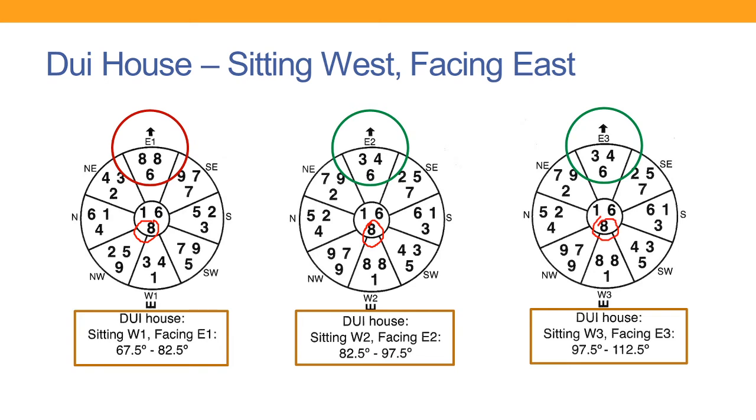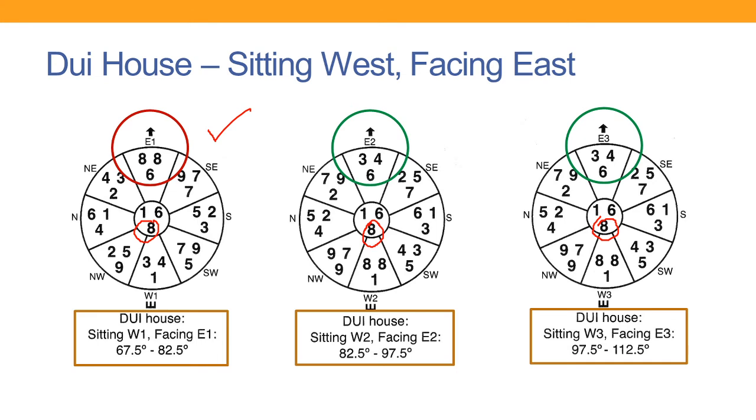Okay, but the difference is this house is facing 67.5 degrees. This house is actually in the 82.5 degree. So this house is sitting west 1, this house is sitting west 2, and this house is sitting west 3. But what you'll notice here, and I think it can give you a bit of confusion, is if you look at